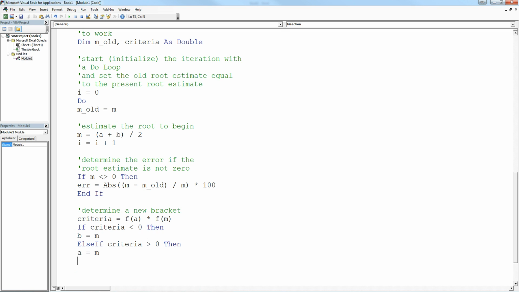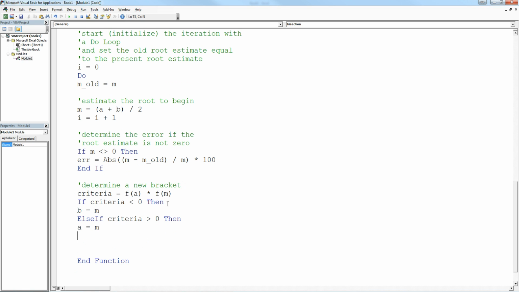And then otherwise, if f of a times f of m is 0, there is no error. Once the criteria is 0, it's not going to be greater than or less than 0. It's going to be equal to 0. And in that case, the error will be 0. But we'll have to run it until that's the case. So we're going to end the if statement for the criteria. We're going to end this if statement. And we're going to say that the computation is terminated